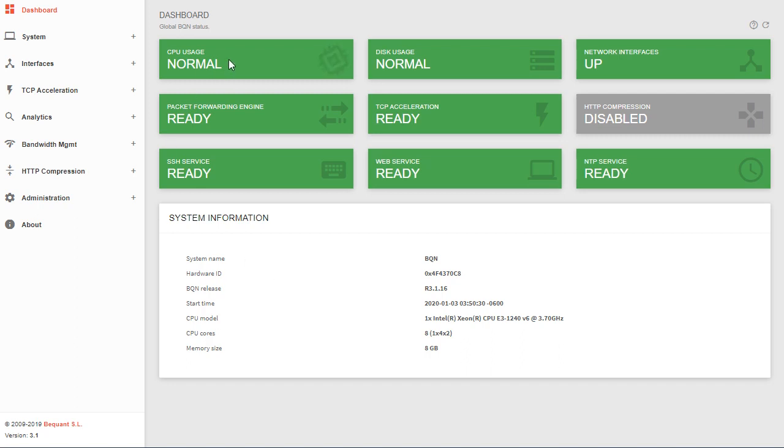The dashboard informs about the status of the CPU usage, the disk usage, the status of the network interfaces, the packet forwarding engine, that is the element of the system responsible of moving the packets from one interface to another, the TCP acceleration feature, this is a legacy feature not relevant anymore,